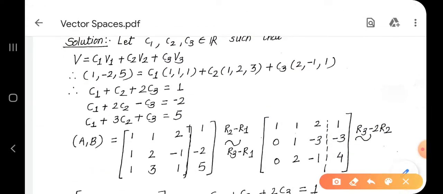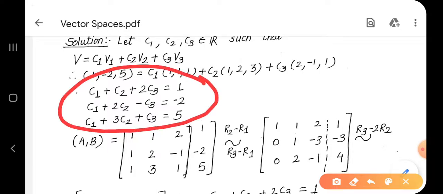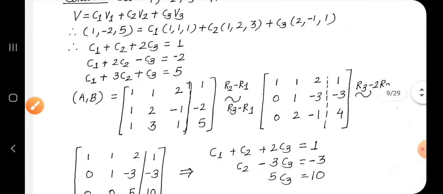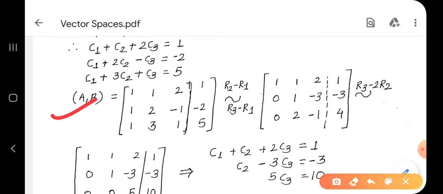Write down in matrix notation. We know how to solve such equations. We have studied in our first unit, correct? System of linear equations. So write down that and consider the augmented matrix AB. Write in matrix notation and consider augmented matrix AB. Reduce it into canonical form. R2 minus 2 R1, R3 minus 3 R1.